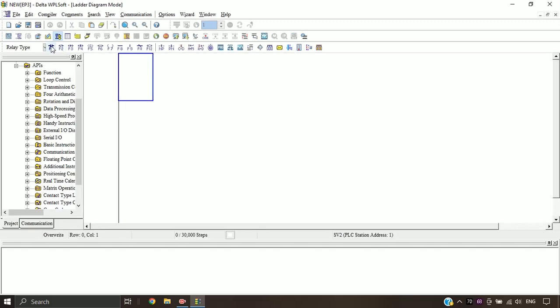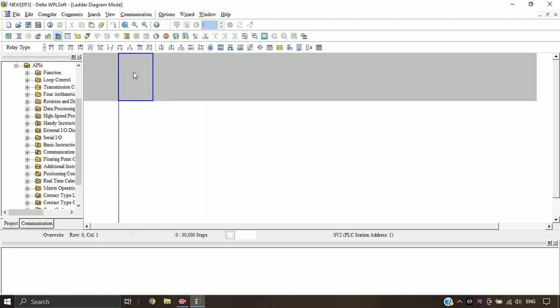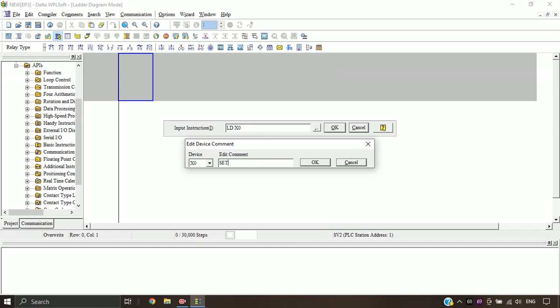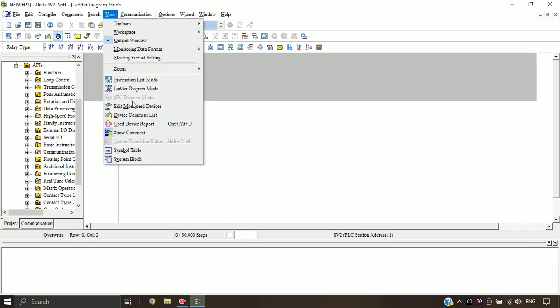Okay, to get normally open contact, we can either get it from here or we can type LD space X0 and enter. And if you are not getting this comments option, then press cancel and type Ctrl Alt H and again try to insert a normally closed contact. And if you are not able to see the comments under the contact, then go to view and select show comment. Now repeat the same step to get X1,